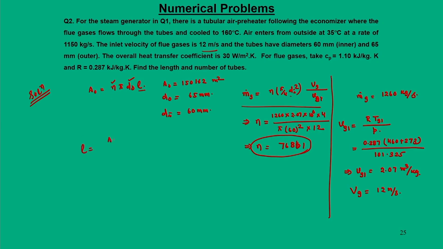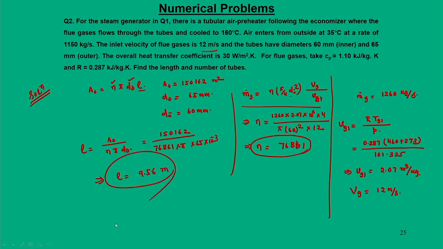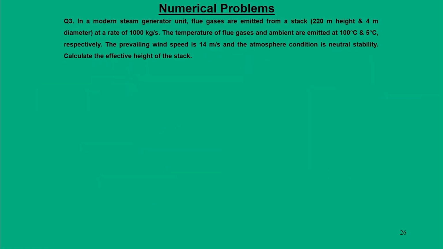and for this number of tubes, L can be obtained as A0 by N times pi D0. So, 150162 divided by 76861 into pi into 65 into 10 to the power minus 3. So, L would be 9.56 meter. Okay. So, this is the second problem, which is based on air preheater,